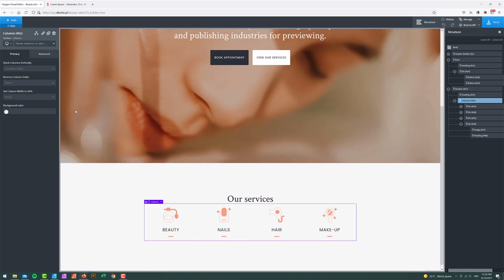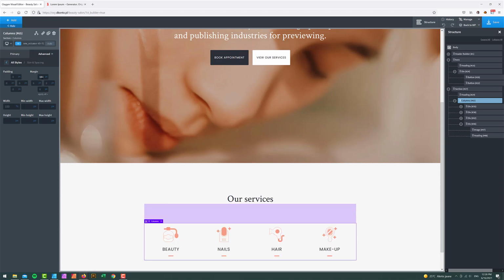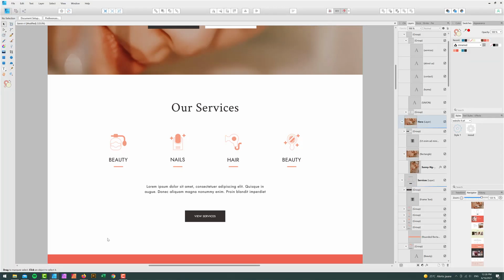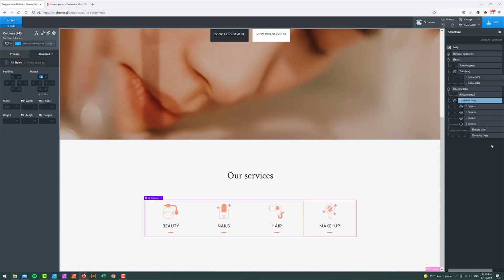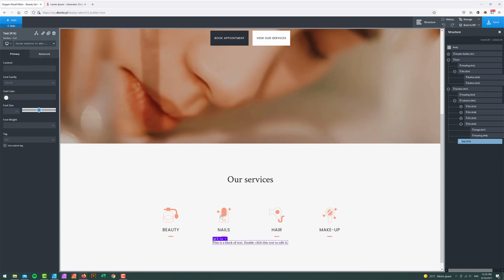So of course, what we still need to do is to add some kind of a margin in between these elements. So like 50, maybe even 100. This should be fine. So let's now check back with our design. Still, we got some text down here. So I'm just going to copy this, and I'm going to add some text. There we go. I'm just going to paste that in, maybe with